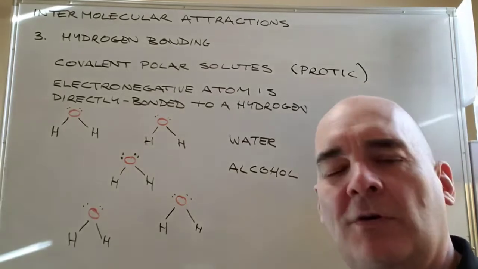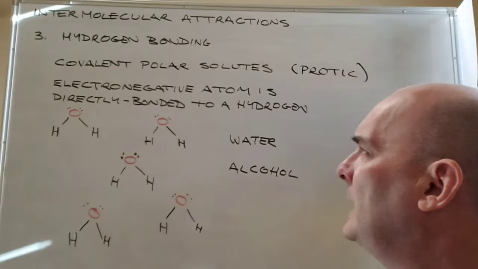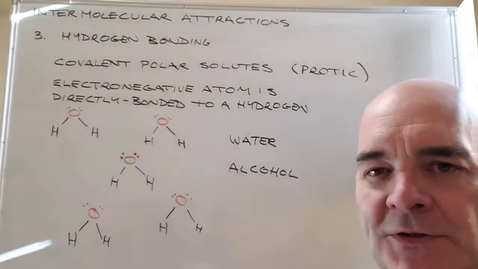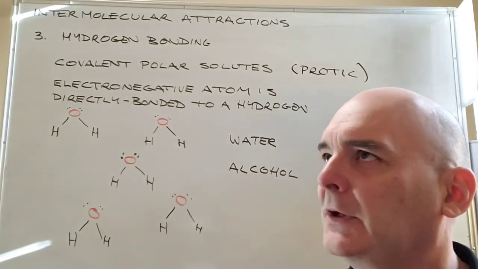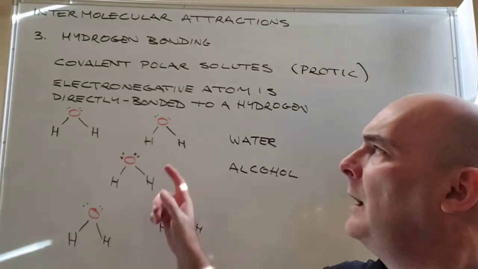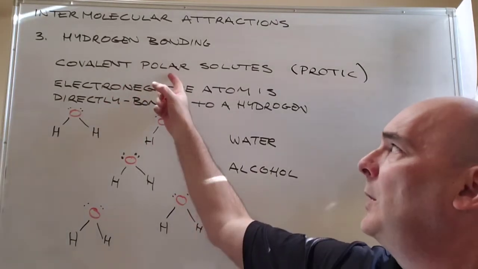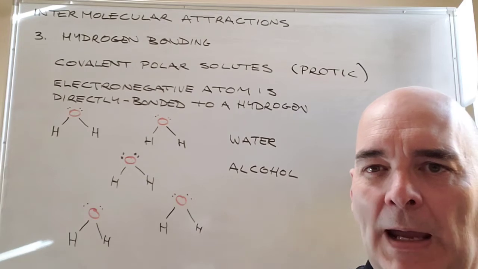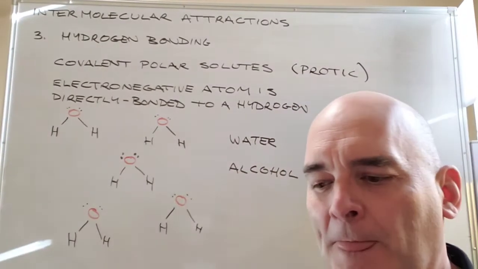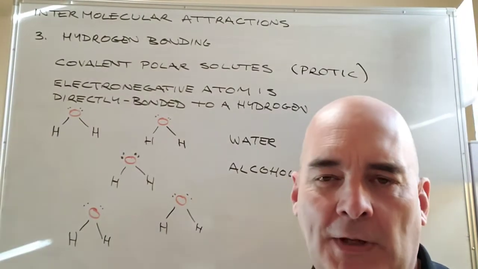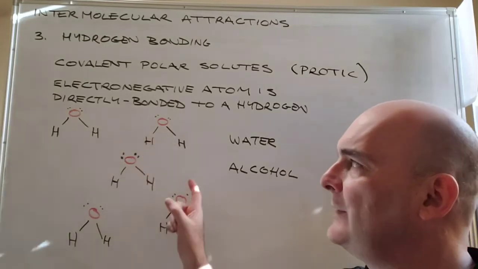The next type of interaction is very important. It's called hydrogen bonding. And hydrogen bonding only occurs in very special cases. There's only a handful of molecules that can do this. It's going to happen in covalent molecules that are polar and are also this descriptive word, protic. Previously, we'd just seen acetone, and acetone is aprotic. It's incapable of doing hydrogen bonding